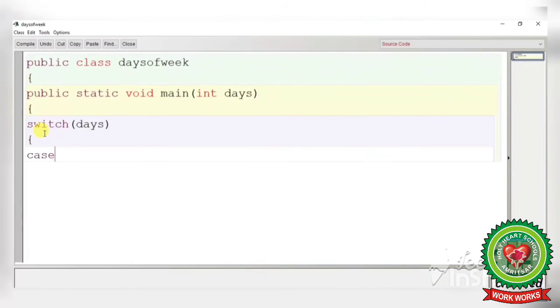Case 1 colon. This is a way of writing case. Case space 1, then colon. 1 means if we will enter 1, then output will be Monday. Println in double quotes we will write Monday, double quotes close, bracket close, semicolon.